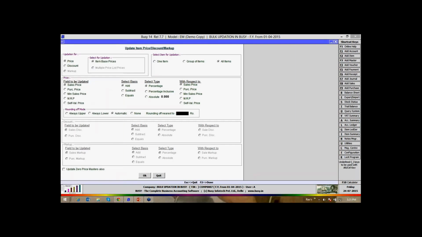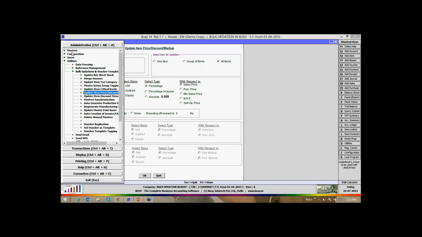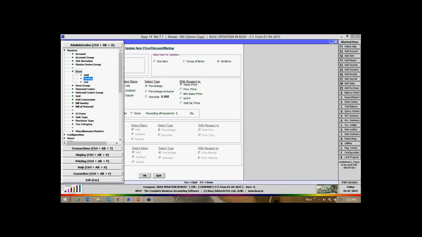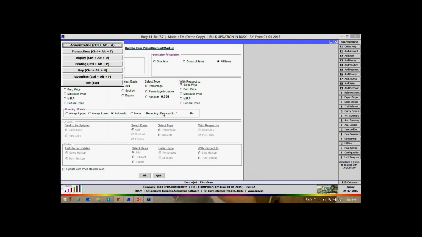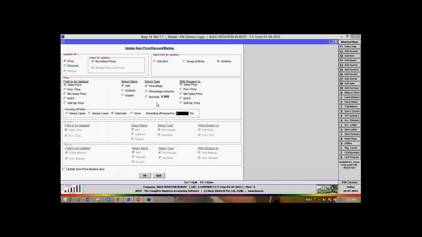You can define it like 10, or 20, or 5 here, up to 5, make it round off. Percentage inclusive, let's say 10%. So like this you can do. Round off is there, any amount you can find here.